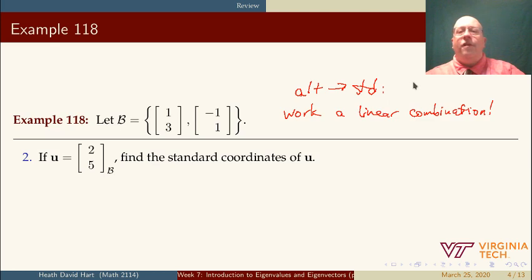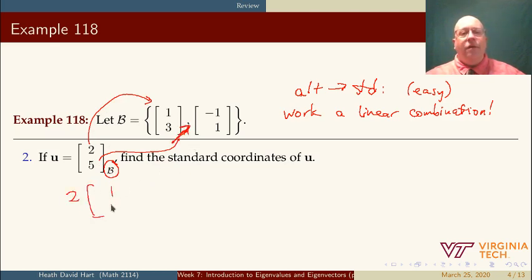This is the easy direction. Because these 2 and this 2 and 5, they don't represent 2i and 5j. They represent 2 of these and 5 of these. And so we can just figure out what that is. 2 of the first vector and 5 of the second vector